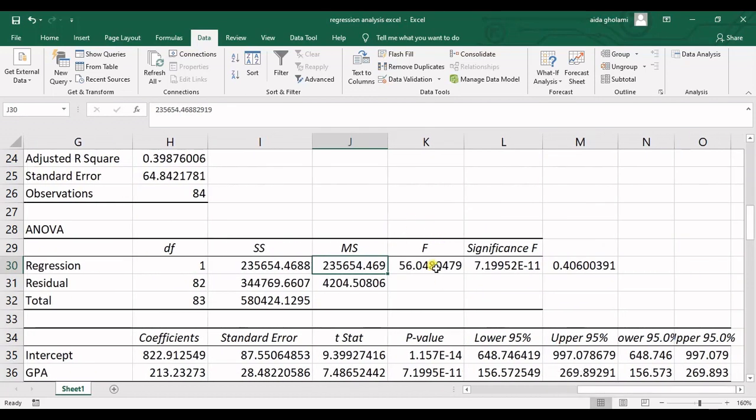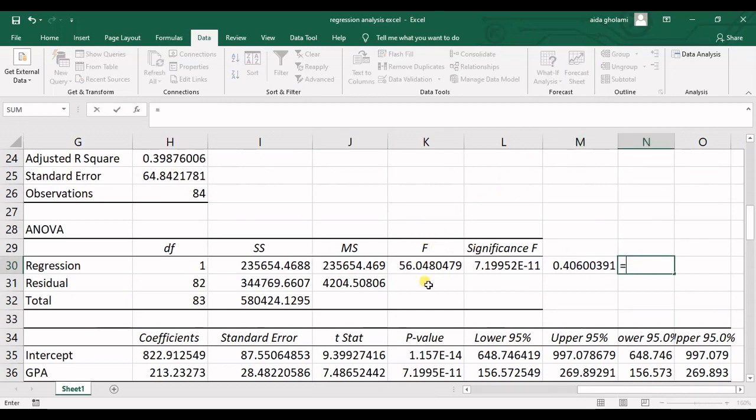And the next one, you can see the F statistic. This F statistic is gained by dividing mean squares by each other, and then based on that F statistic, we get this significance F. This significance F is that p-value that we have. This is the p-value related to the F statistic. Okay, so